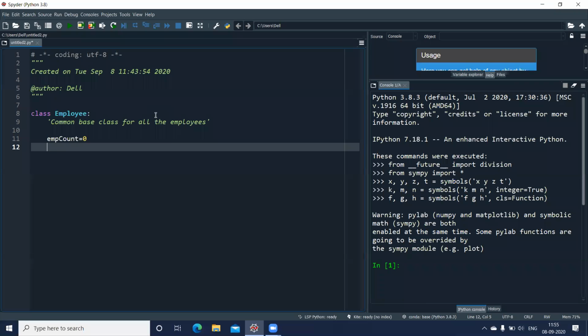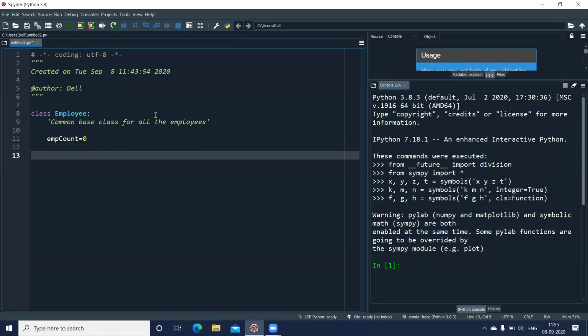It is also known as instantiation. That means creation of an object from the given class. So whenever we declare a variable inside the class but outside the method, it is known as your class variable. Clear?